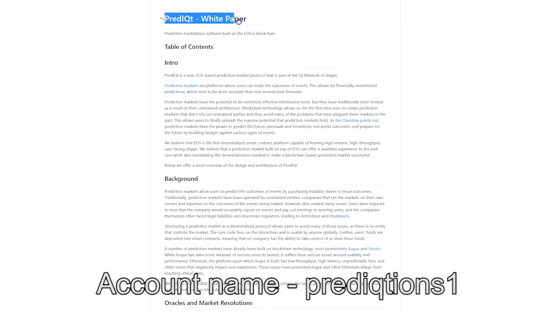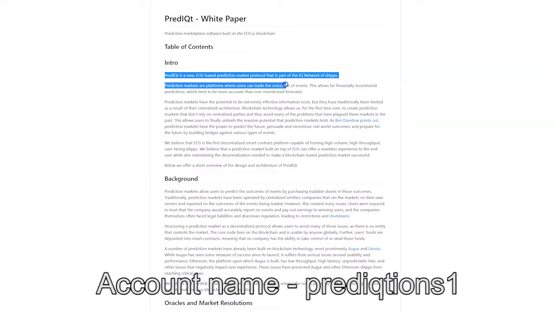The Prediqt white paper. Prediqt is a new EOS-based prediction market protocol that is part of the IQ network of dApps. Prediction markets are platforms where users can trade the outcomes of events. This allows for financially incentivized predictions, which tend to be more accurate than non-incentivized forecasts. Prediction markets have the potential to be extremely effective information tools, but they have traditionally been limited as a result